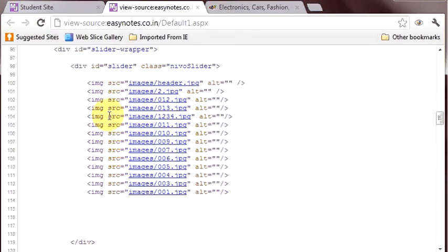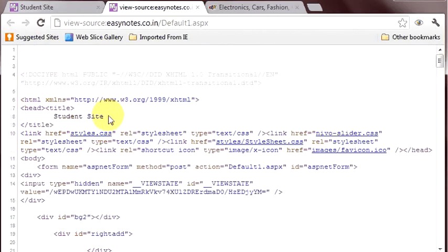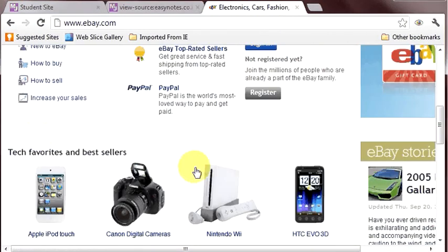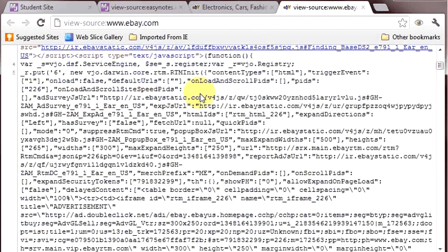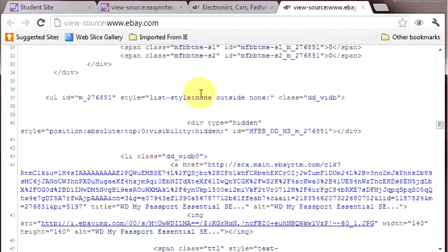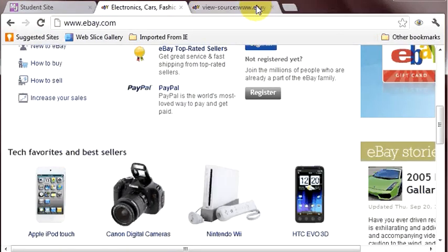This decides where a link goes, how a text looks, what type of font it has, etc. Similarly, if you go to ebay.com and right click and select View Page Source, you get all the HTML code for the ebay.com site. So HTML is very important to display your website.